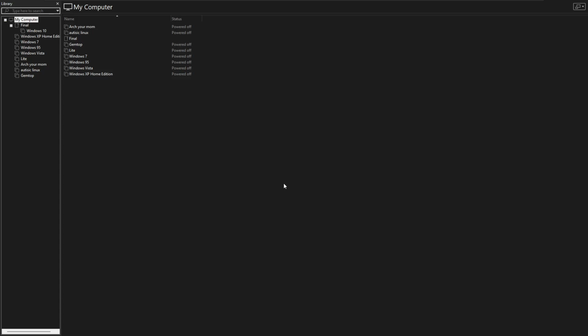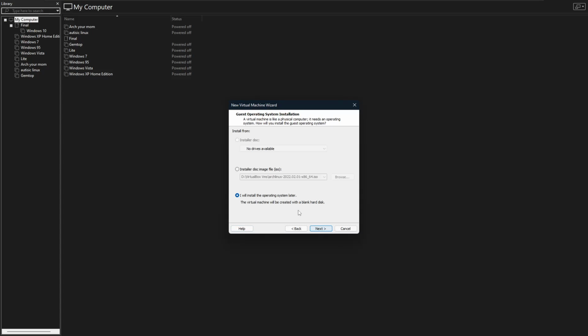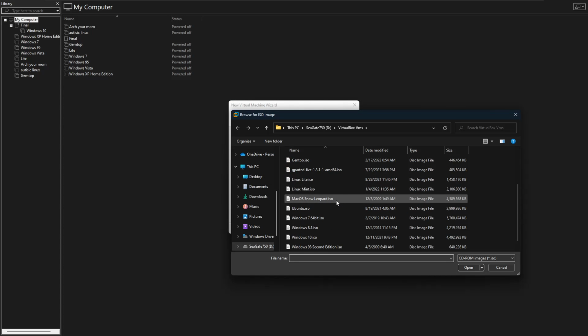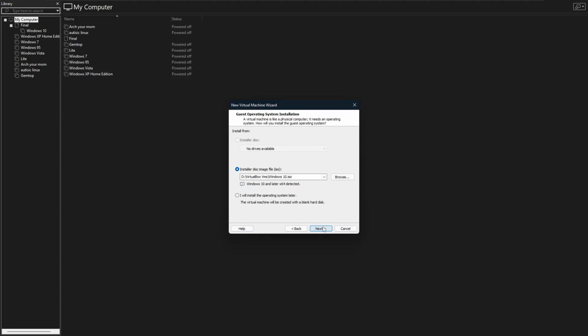So in today's video, I'm going to be showing you how to install Windows 10 in VMware. First you gotta go here. You gotta go first to File and New Virtual Machine. You should get a pop-up with this, and then you press Typical and then press Next, and then go to your installer disk image. You press Browse, and you go all the way to your Windows 10 ISO, double click that, and press Next,